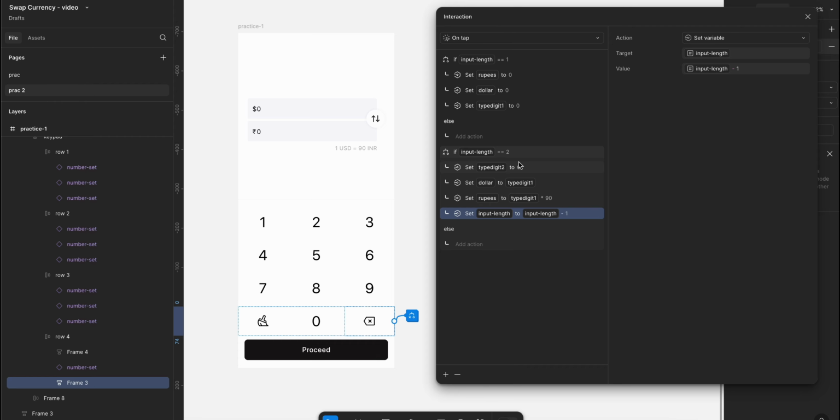You have entered two items. Like I have pressed 1, I have pressed 2. So from Figma's point of view, in our dollar input field we have two items, meaning the input length is 2, right? Now when we press this backspace button, it should delete